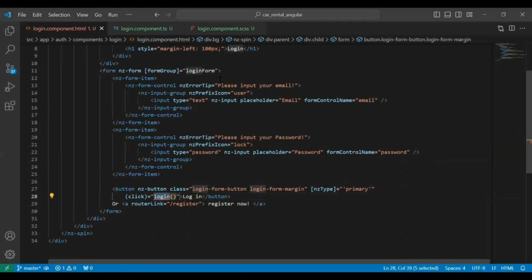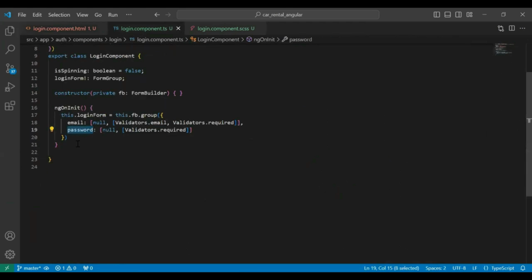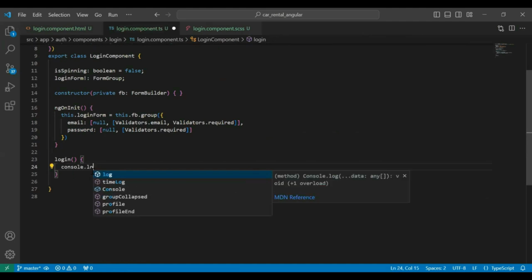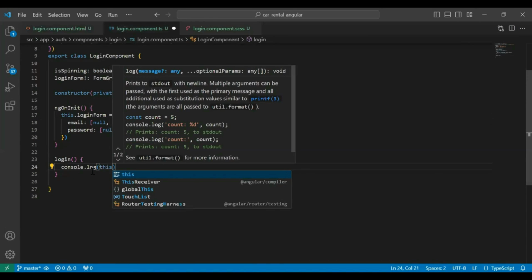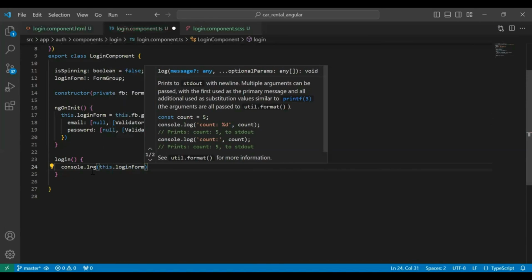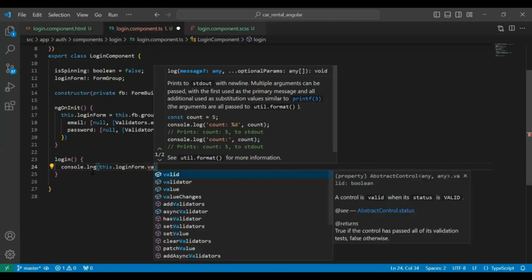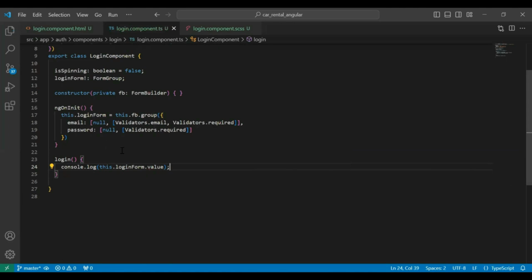Let me copy the method name and go to our TS, and here I'm going to create a method. So now I'm adding here console.log, and here we need to print our login form inputs. So it will be this.loginForm.value. Let's save this, go to our UI.